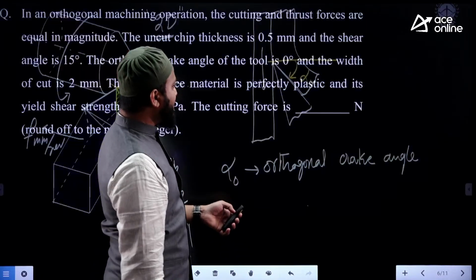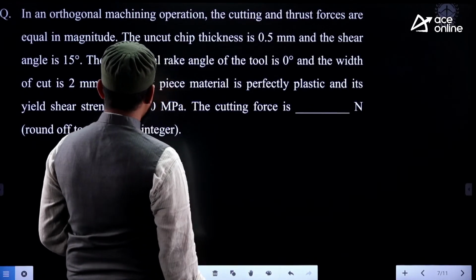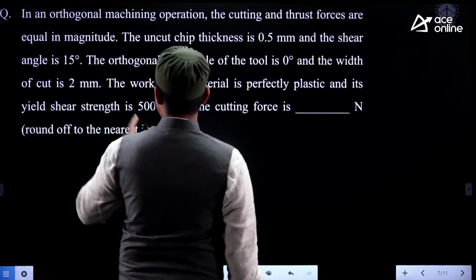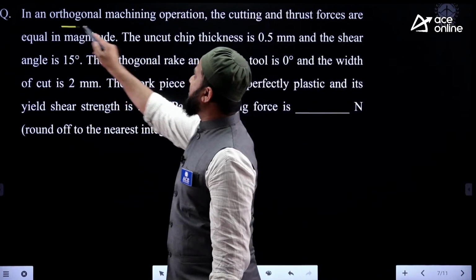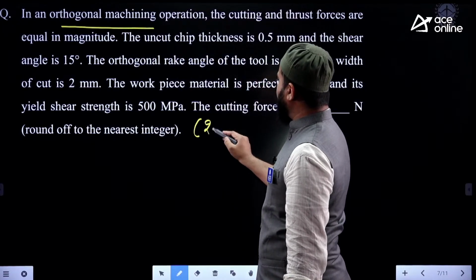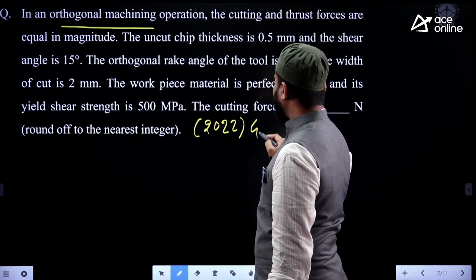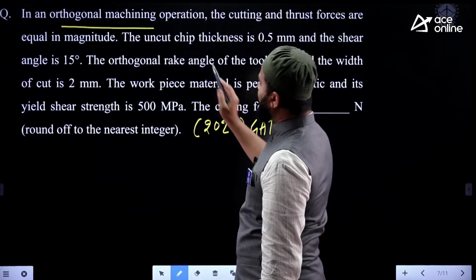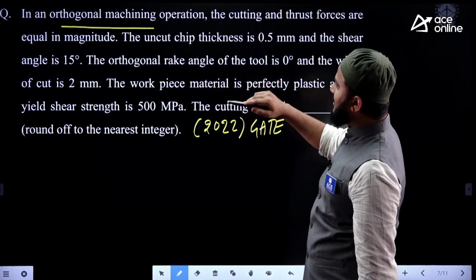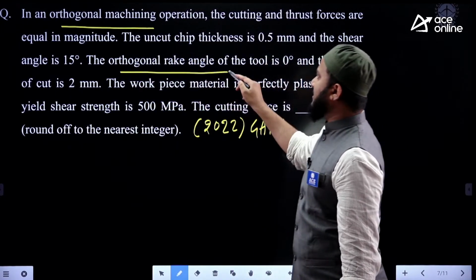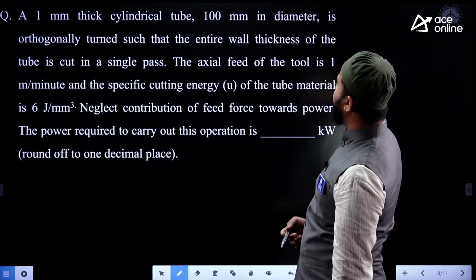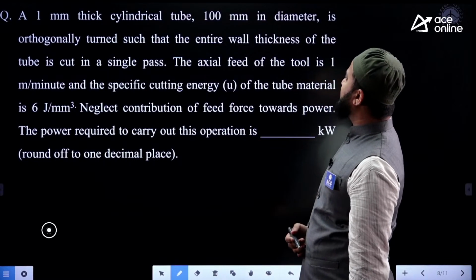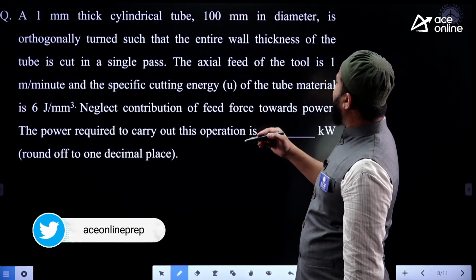If you notice recent GATE questions, first of all, I will show that terminology. Observe here, in this GATE question, I will go to the question also later. In an orthogonal machining, this is a 2022 GATE question, this year. In an orthogonal machining operation, observe that the orthogonal rake angle is 0 degree. Whereas if I go to one more question here, they mentioned it indirectly, in such a way that